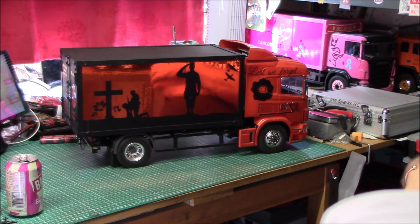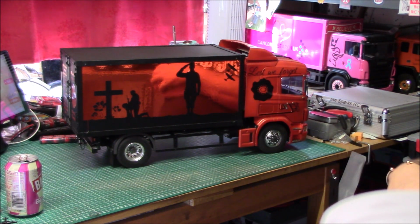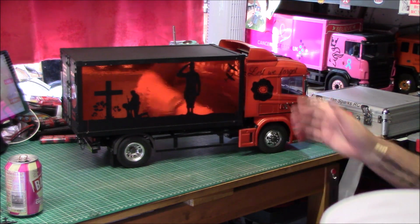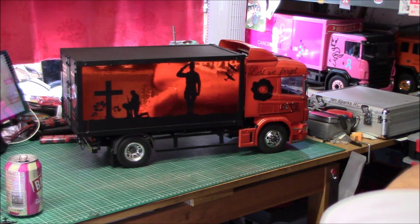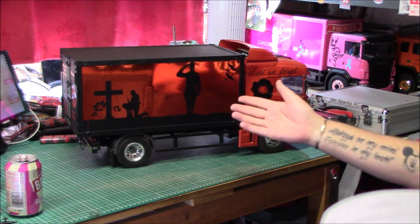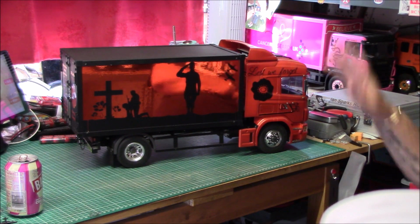It literally was that I just like the idea of a silhouette of something, and then it's amazing what weird stuff comes out of my head at times. But that, from having an orange cab, that's what came out of my head. What was I saying on the last video? It's because I have something. I bought a back, so the whole lorry was built. On this I bought a cab, for no particular reason other than it was cheap, and